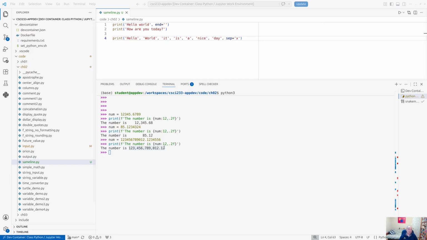So by the way, the default is to do right justification when you're doing numbers like this, and you can also do integer values, although it uses D instead of F. And I'm not certain why. Maybe it would have made more sense to me as D for digits or something like that. So if I'm going to display an integer number, or if I want to display even a floating point number,